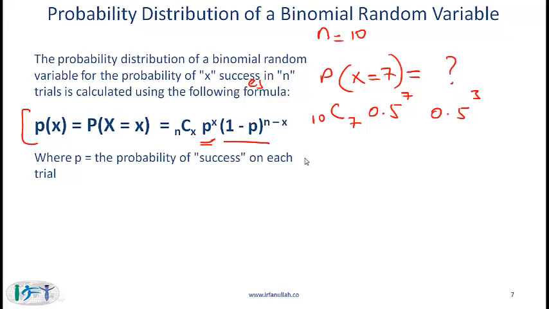If you do the calculation, which ideally should be done on a calculator, so you should do 10C7 on a calculator and then multiply that by 0.5 to the power of 7 and then multiply by 0.5 to the power of 3, you should get